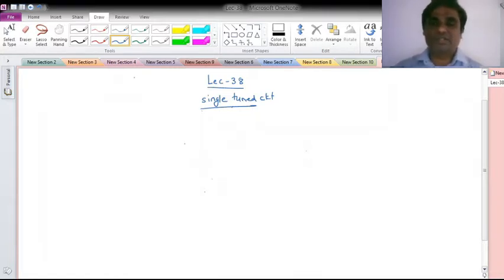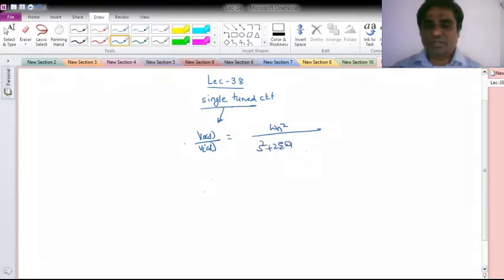So at a particular frequency I'll get the maximum magnitude, and that is my maximum frequency. For the single tuned circuit, whatever transfer function we get, let's say a voltage ratio transfer function, will generally be in the form of omega n square upon s square plus 2 zeta omega n s plus omega n square. If I take the voltage across the capacitor, I'll get this as a standard equation.